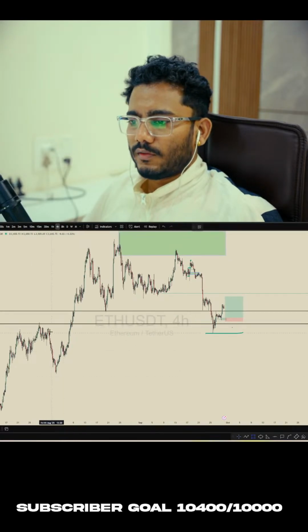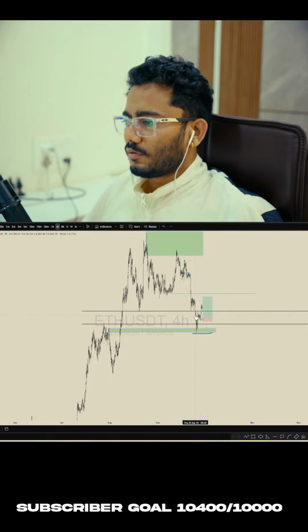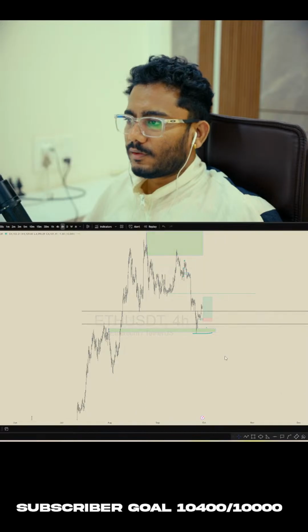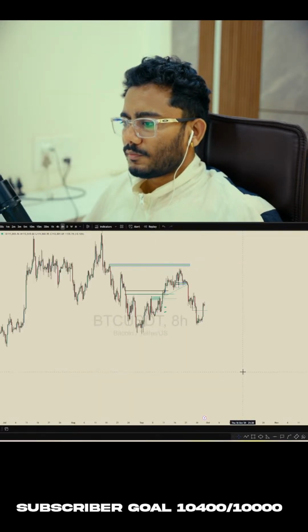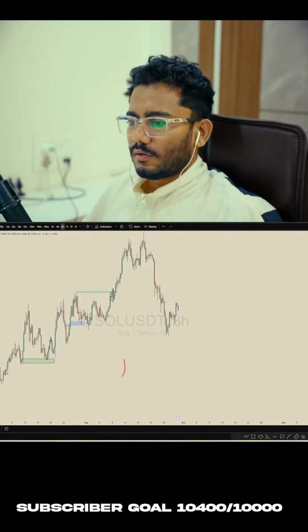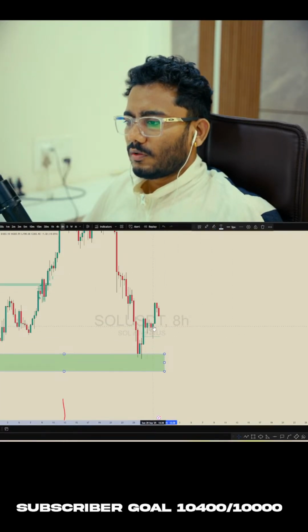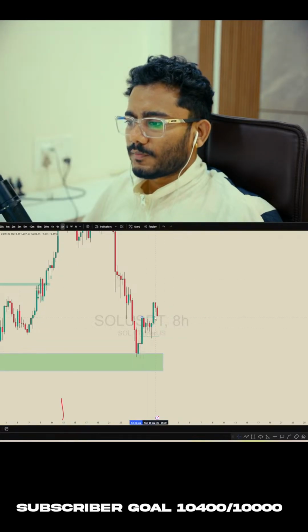And to the left side, there's this breaker block, and there's a failed order block over here. Price has tapped, swept this liquidity, and I think it's a perfect buy setup. Same thing, if you look, this is the 8 hour order block, price tapped, mitigated this low order block, created this liquidity sweep, created the structure break,